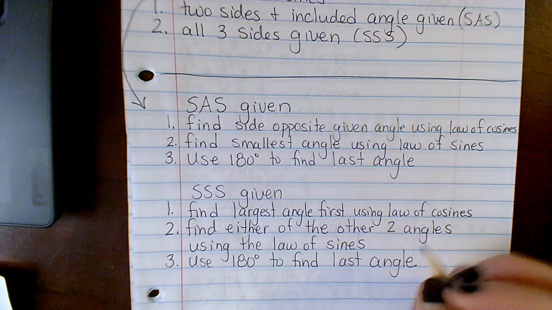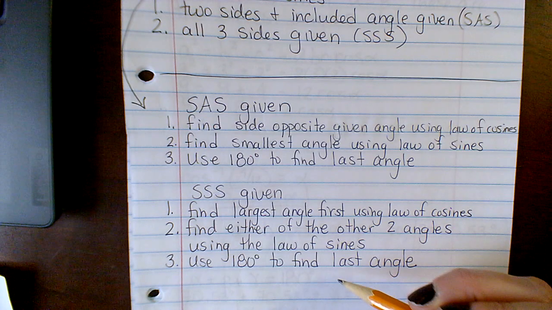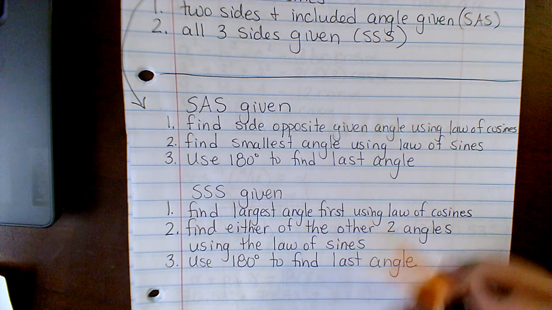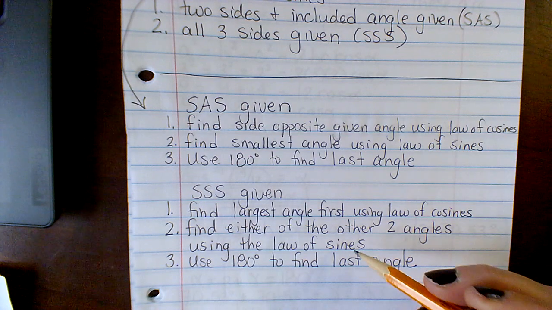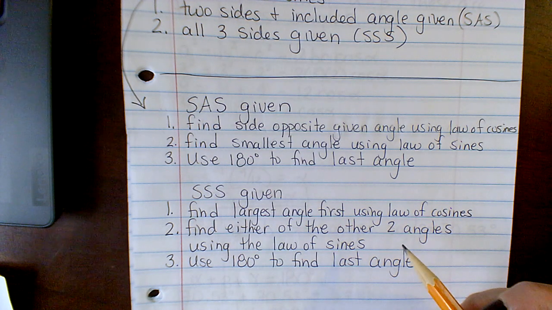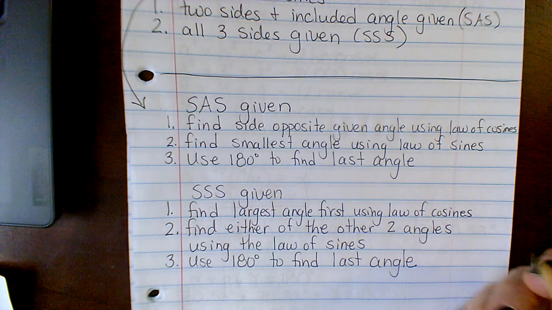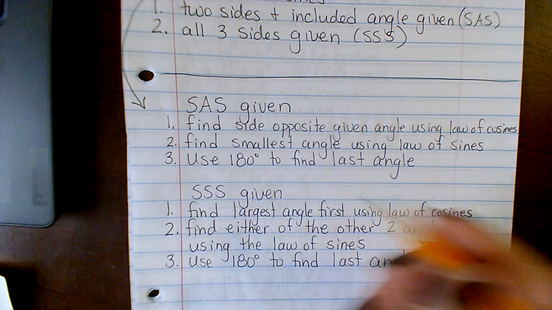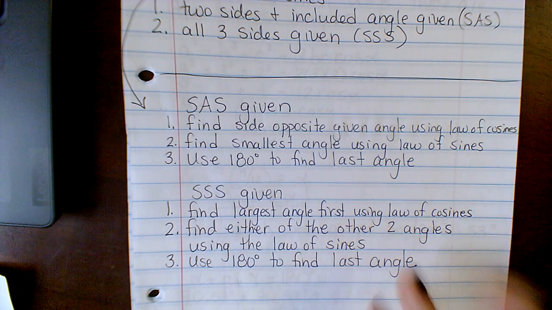The reason for this is that if you happen to have an obtuse angle show up in one of these triangles, it's going to get messy if you try to do it a different way than what I have here. So I'm trying to help you avoid those rare but sometimes occurring instances where there's an obtuse angle in there and it just messes things up. So, all right, I'll show you what I mean by this. So let's go on to